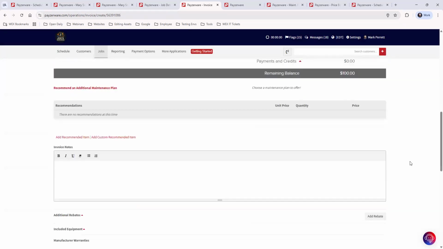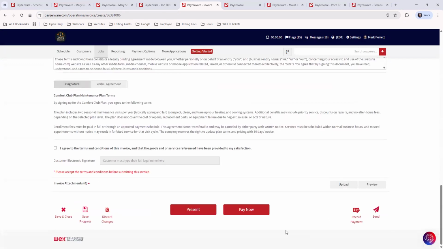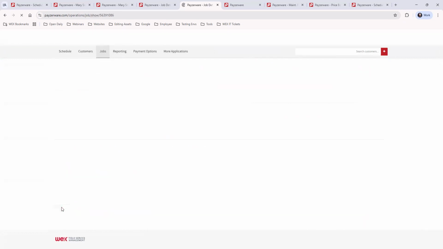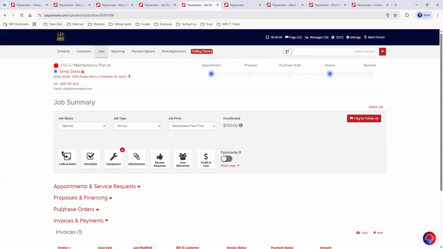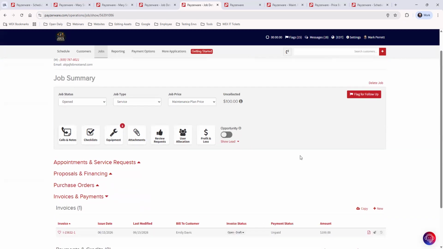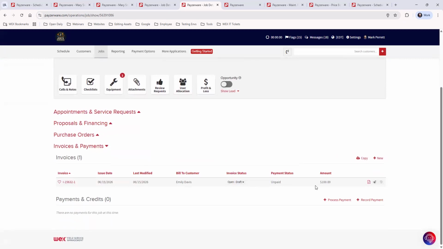Now I have an invoice. And just to show you, I'm going to hit save and close on this. Now, when you create the invoice, you could take payment right away. If not, I just saved the invoice. I'll scroll to the bottom. And now we do have an invoice. So we want to take a payment and apply it to this invoice,